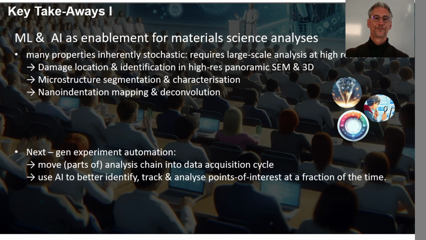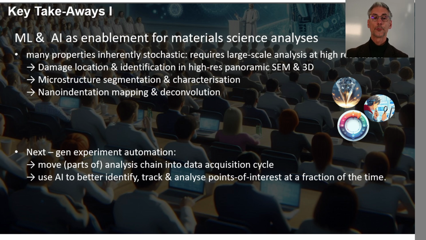So where does this leave us? Machine learning and AI can act as enablement for material science analysis, right? This is because many properties are inherently stochastic, and that means we require large-scale image analysis at high resolution. This is the key point, right? So we don't just map in low resolution large areas. We really need high resolution images for detailed analysis, and this takes time, and also materials sensitive to the electron beam may degrade the